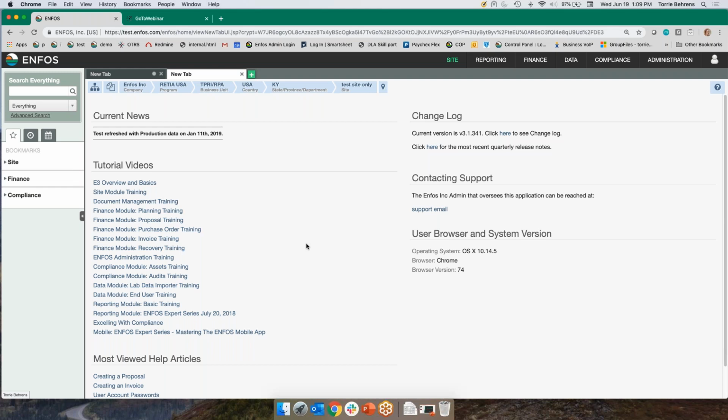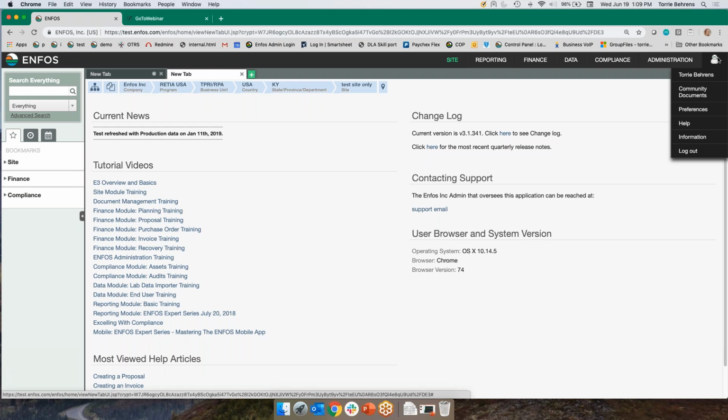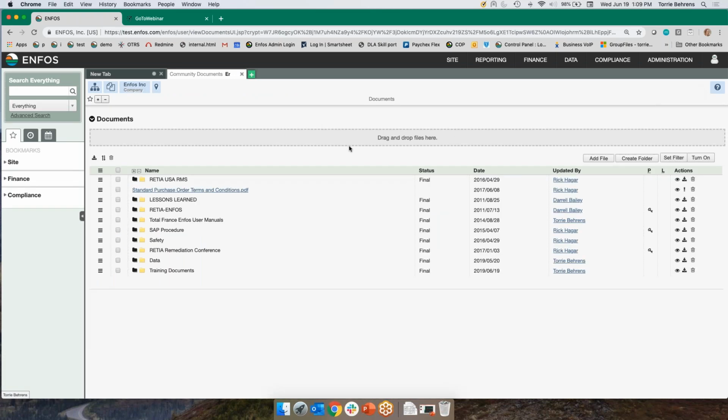Along the lines of where to go for additional help and more information, I'm going to start navigating within the modules. If I go to my user account, that's where we're going to start today. The second icon down is community documents. This community documents folder, if it's not open, make sure to open it up. This page is a great page. It's client specific, right? So if you're following along and you're in a different system, which you surely are because I'm in a test system,